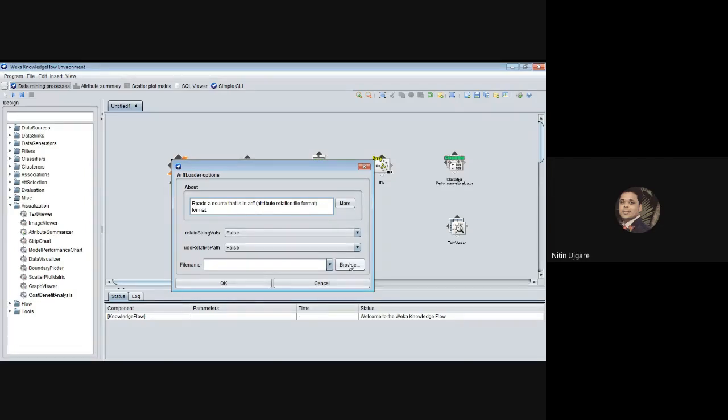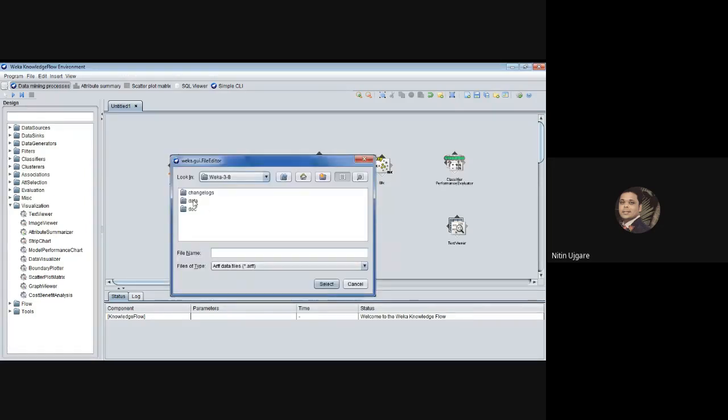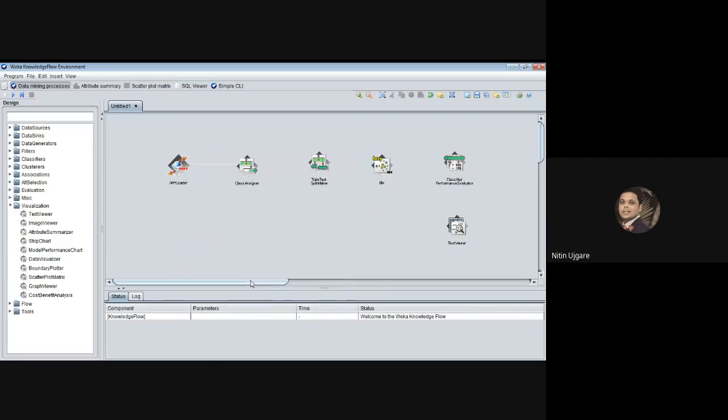You can browse the data set from here. It will directly go to the default data sets of Weka. From these data sets, I'll select the iris itself. Okay, so now connect this. To connect, click on the data set.